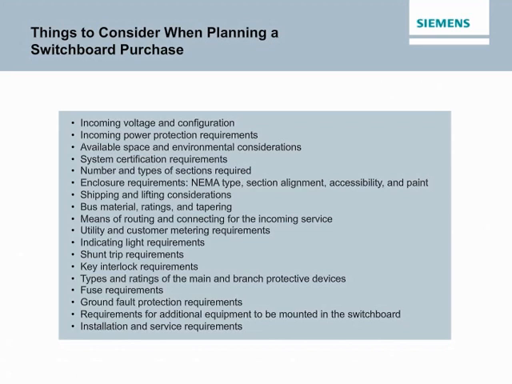Things to consider include incoming voltage and configuration, incoming power protection requirements, available space and environmental considerations, system certification requirements, number and types of sections required, enclosure requirements, NEMA type, section alignment, accessibility and paint, shipping and lifting considerations, bus material, ratings and tapering, means of routing and connecting for the incoming service, utility and customer metering requirements, indicating light